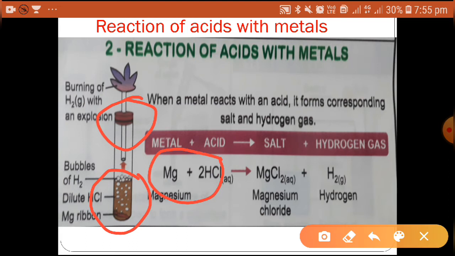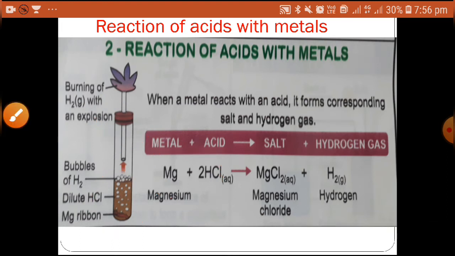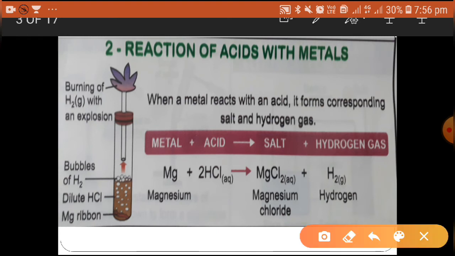Now when we do this activity you can see bubbles coming out from the solution, that is, bubbles coming out from the acid. These bubbles are nothing but hydrogen gas. HCl contains hydrogen and chlorine, so the H2 will come out from the acid because magnesium is displacing the hydrogen, and this H2 gas is coming out from the solution in the form of bubbles. This gas will pass into the hollow glass tube and come out from the hollow glass tube at the top.